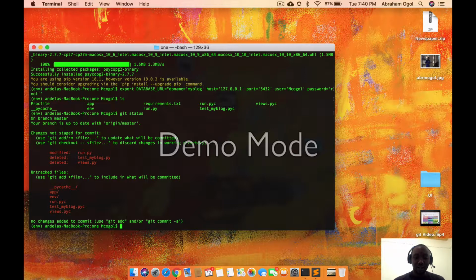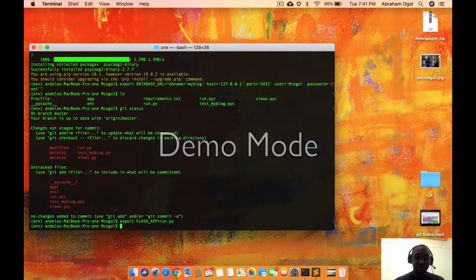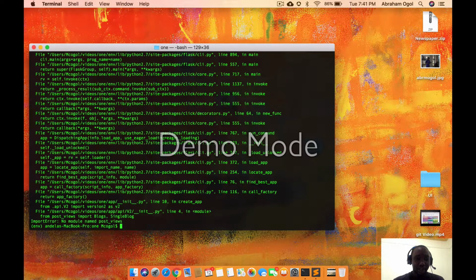So if I do Python, let me just export Flask app is equal to run.py, then run.py. So I can actually come and do flask run now. Maybe it will really work. Oh no,